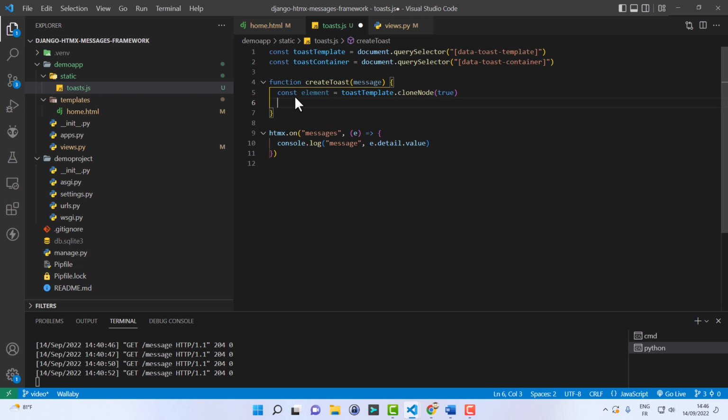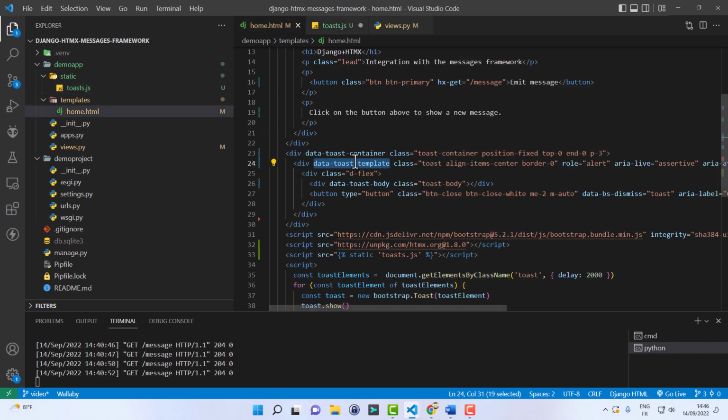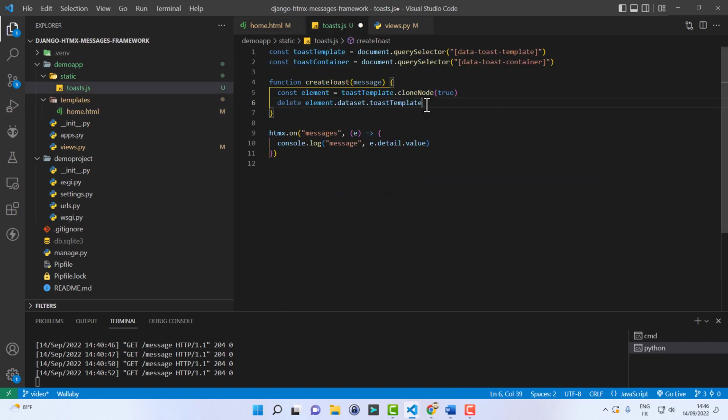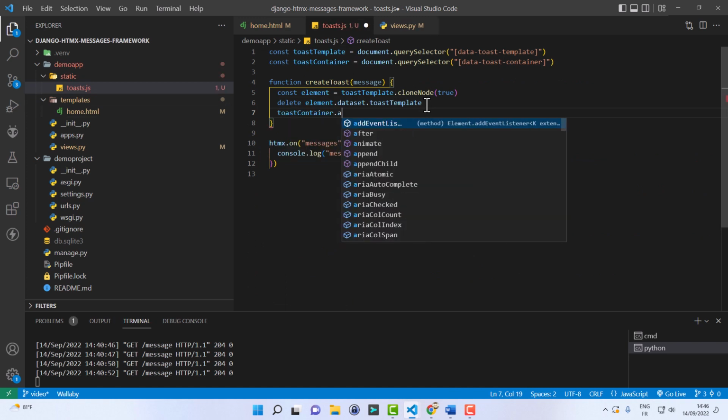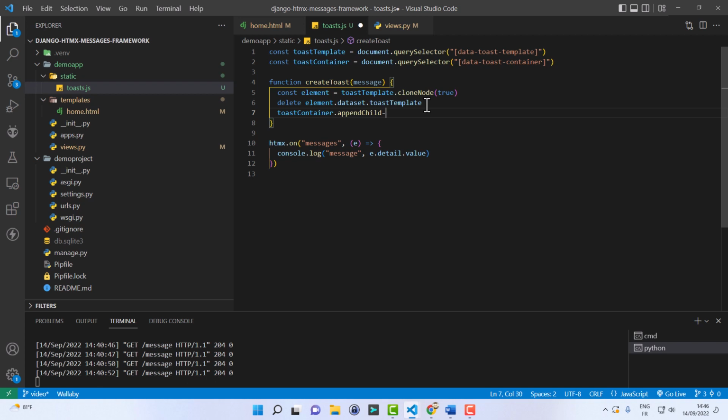Then on this element I'm going to remove the data attribute that identifies it as a template. So let me delete dataset.toastTemplate, which will have the effect of removing this data attribute. When this is done, we can add the new element to the container.